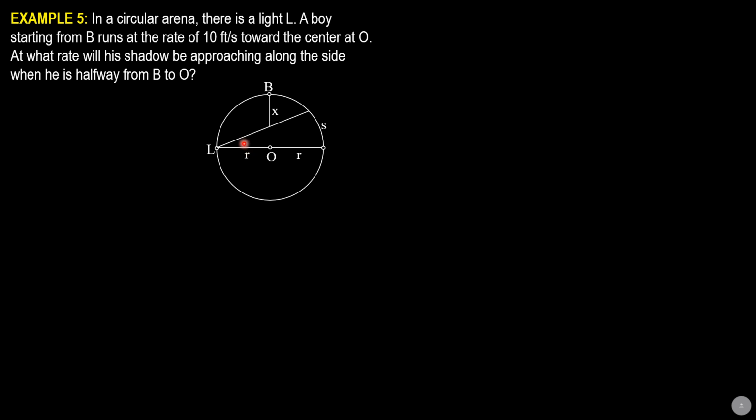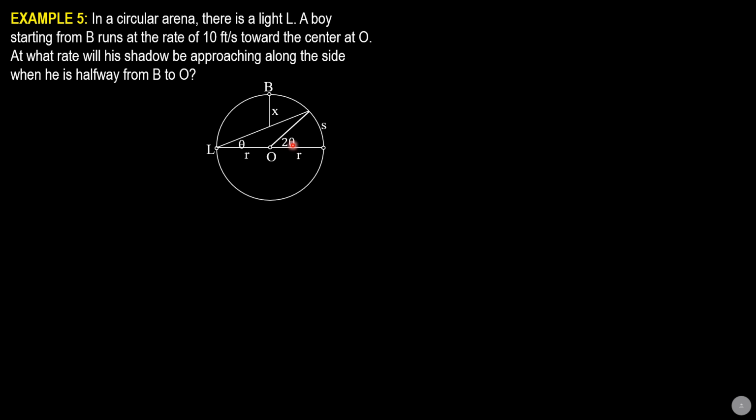Now, if I call this angle theta subtending arc S, from the principle in plane geometry, the central angle will have an angle double that peripheral angle theta. So that's the relationship, right? So that is 2 theta. And S is equal to radius times 2 theta.